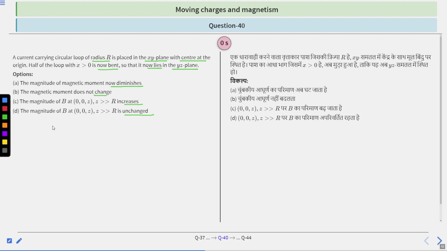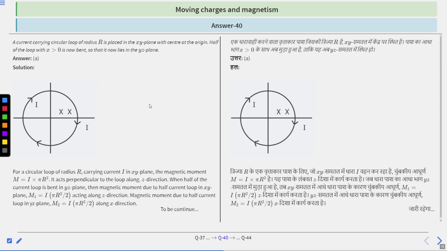Let's find the solution. Half of the loop with x greater than 0 is now bent so that it lies in the yz plane. The solution is, for a circular loop, suppose this is a circular loop of radius r, carrying current I in